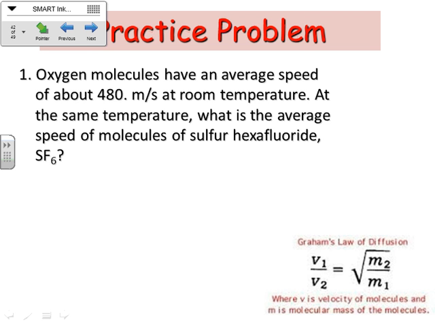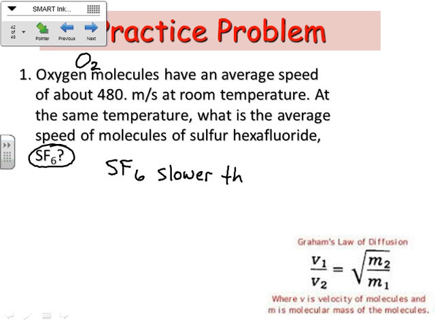Yeah, now, technically, you don't know this yet, but oxygen in the air typically exists as O2. All right, so it'd be about 32, okay? But that's still nowhere close to, yeah, that's S by itself, basically, okay? So then you add the 6 fluorines in there. This is much bigger, right? Which means it moves slower, okay? So the SF6 would move slower than the O2.